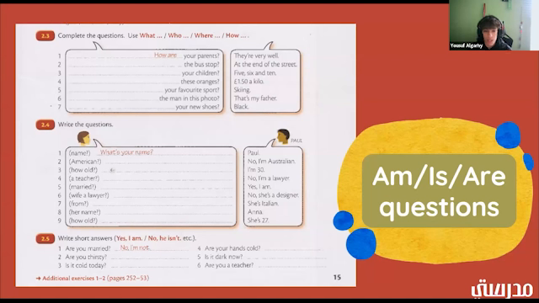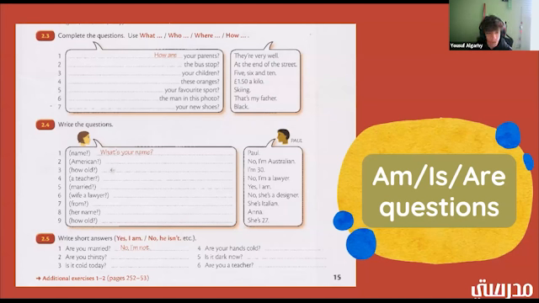Okay, and then he says, she's Italian. Okay, then we want to ask for her name. So what do we say? What is her name? Good. And then he says, Anna. And the last one, we want to ask how old she is. So what would we say for that one? How old is she? And then he says, she's 27.